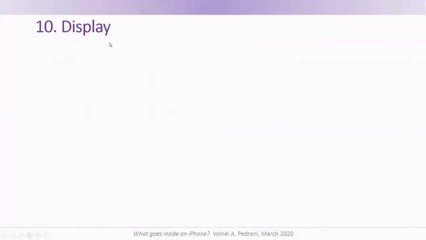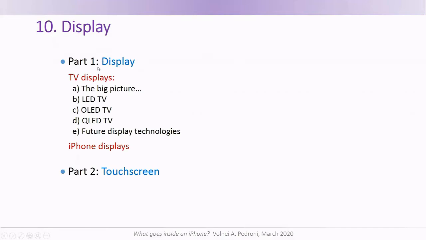Display is another interesting subject. In the case of smartphones, it consists of 2 parts, the display proper and the touch screen. Even though they are built together, they are independent devices, the display being an output device, while the touch screen